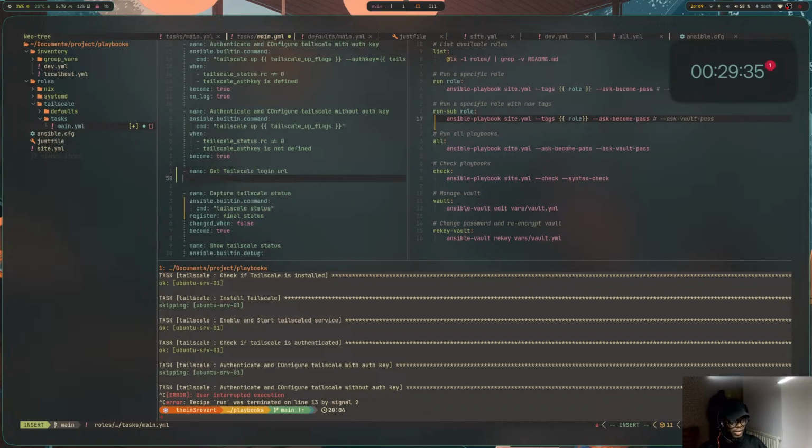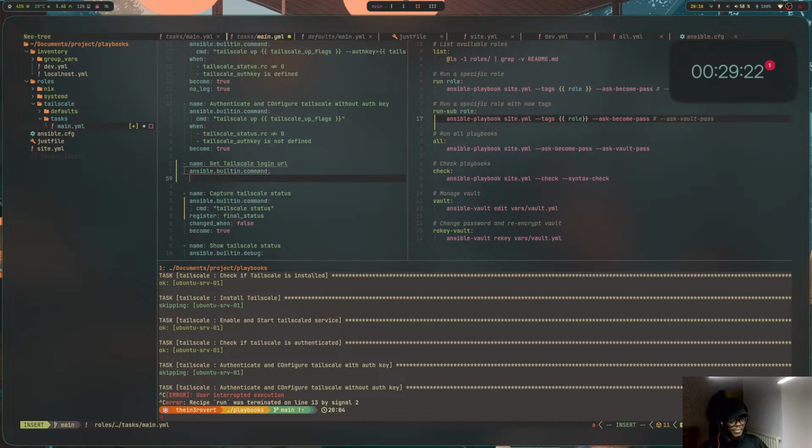I know it's not ideal for automation, but it's my own, my rules, within the command. And then we have a CMD, and then we have